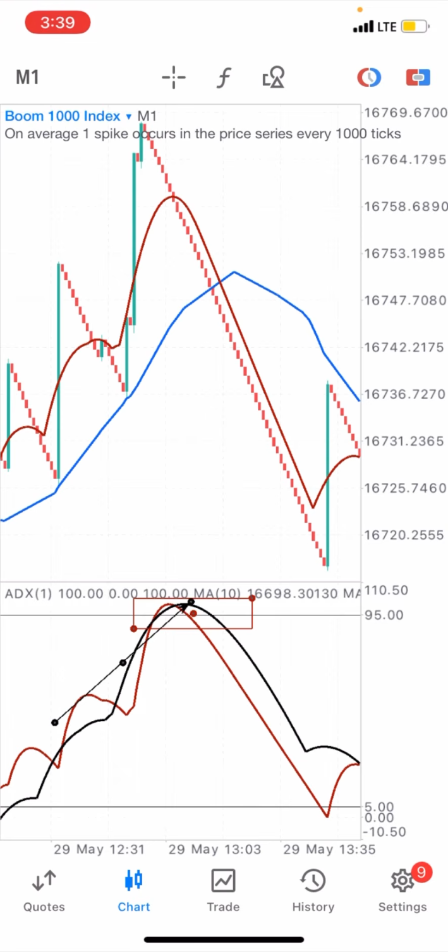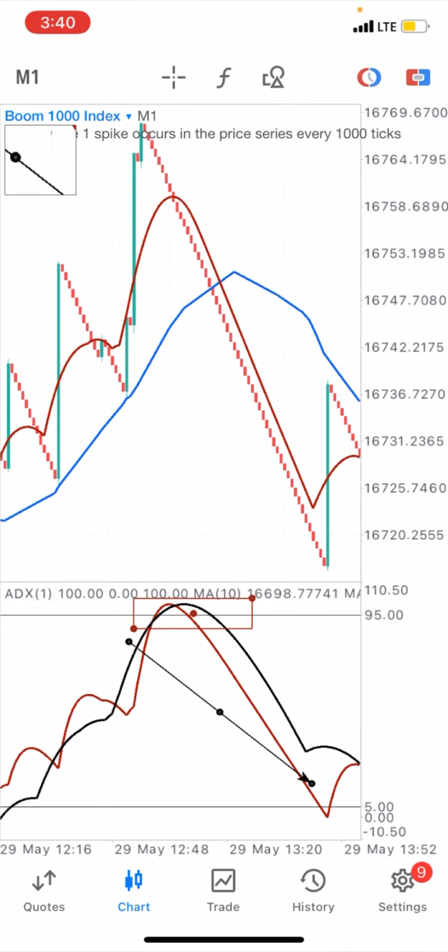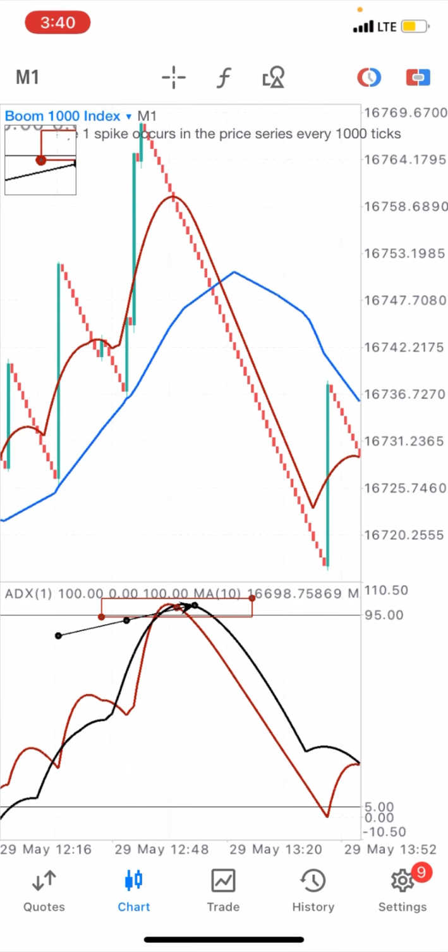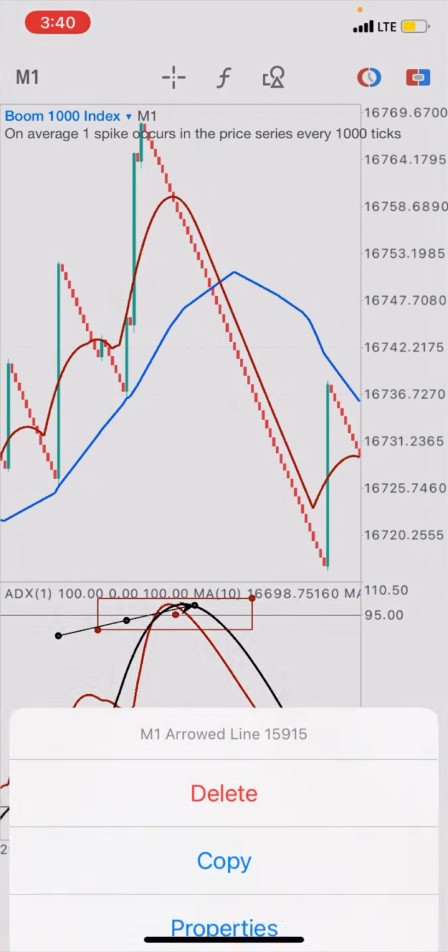Remember, I said that level 95 is where you sell from, and level 5 is where you buy from. So this basically indicates your key resistance and your key support level respectively. Your key resistance is actually the 95 here, while your key support is actually the level 5 here. Now, when price has come to your key resistance, which is your level 95 here, and it intersects these two